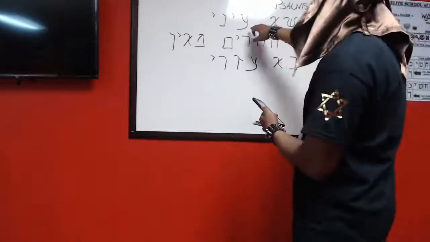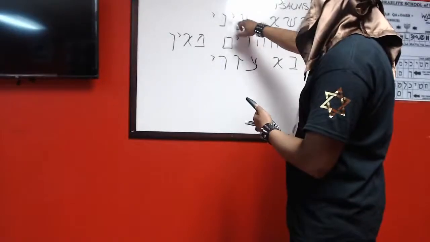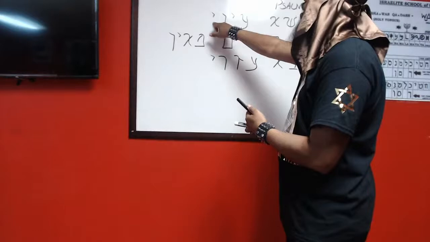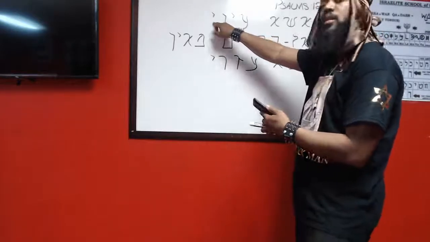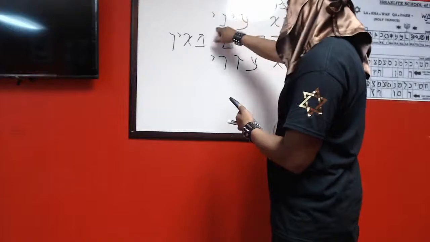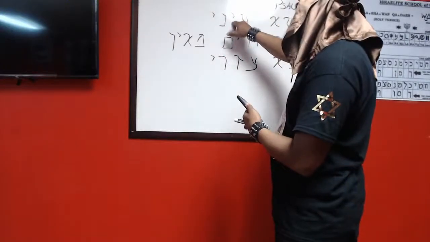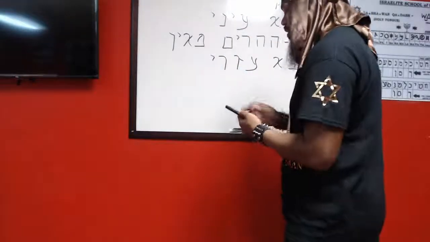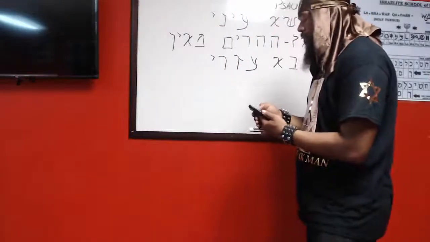Then i, ya, na, ya. When we put that together syllable by syllable, we're going to have I-yan-ya. And looking at the interlinear,